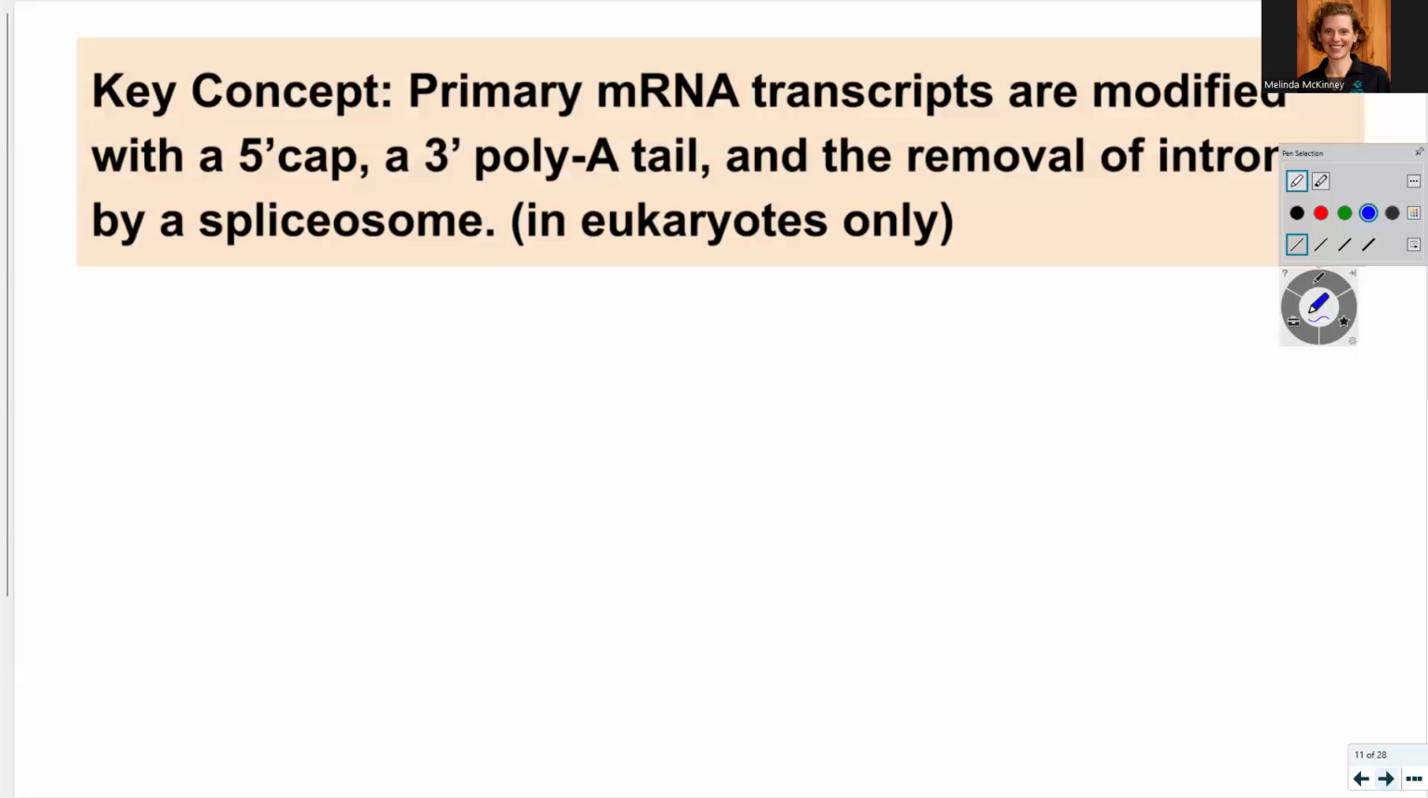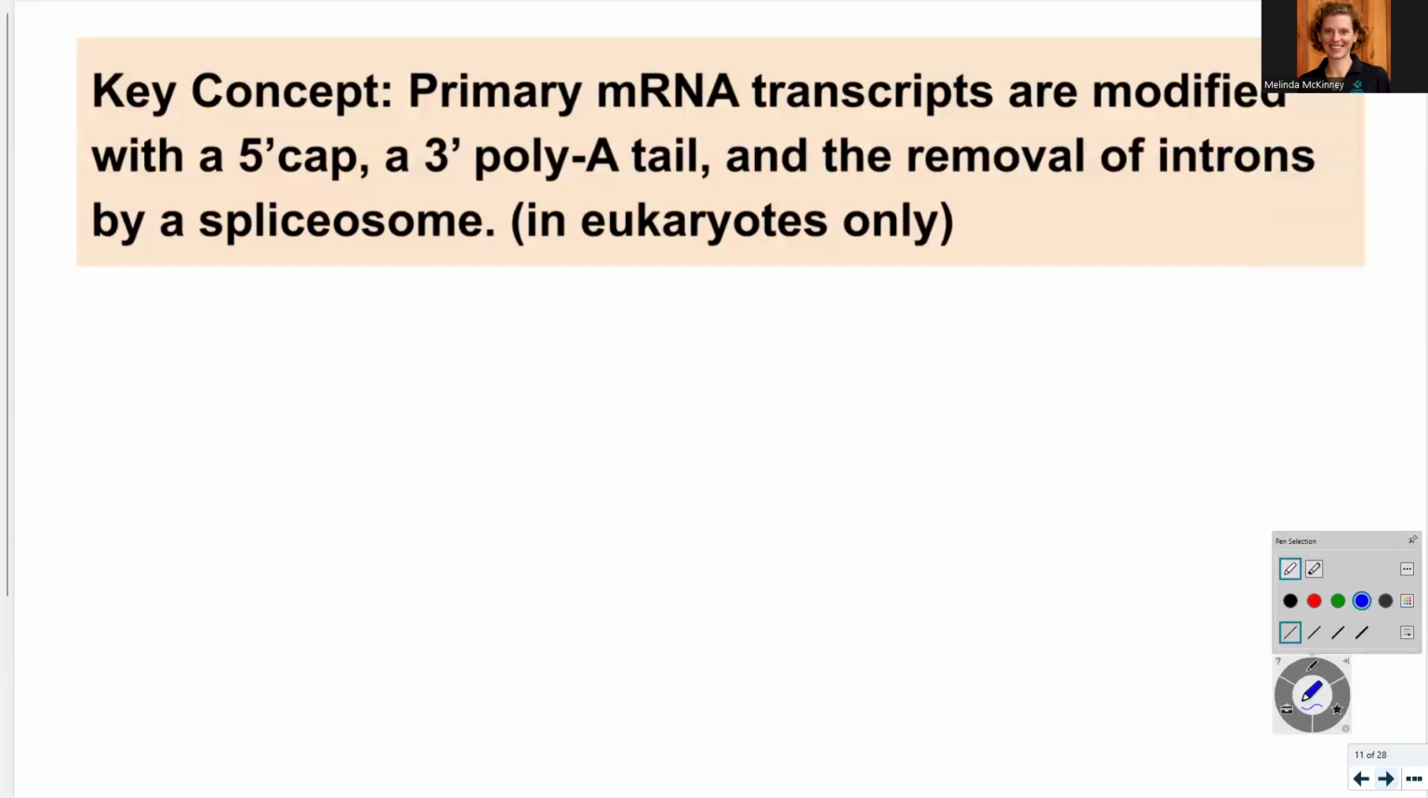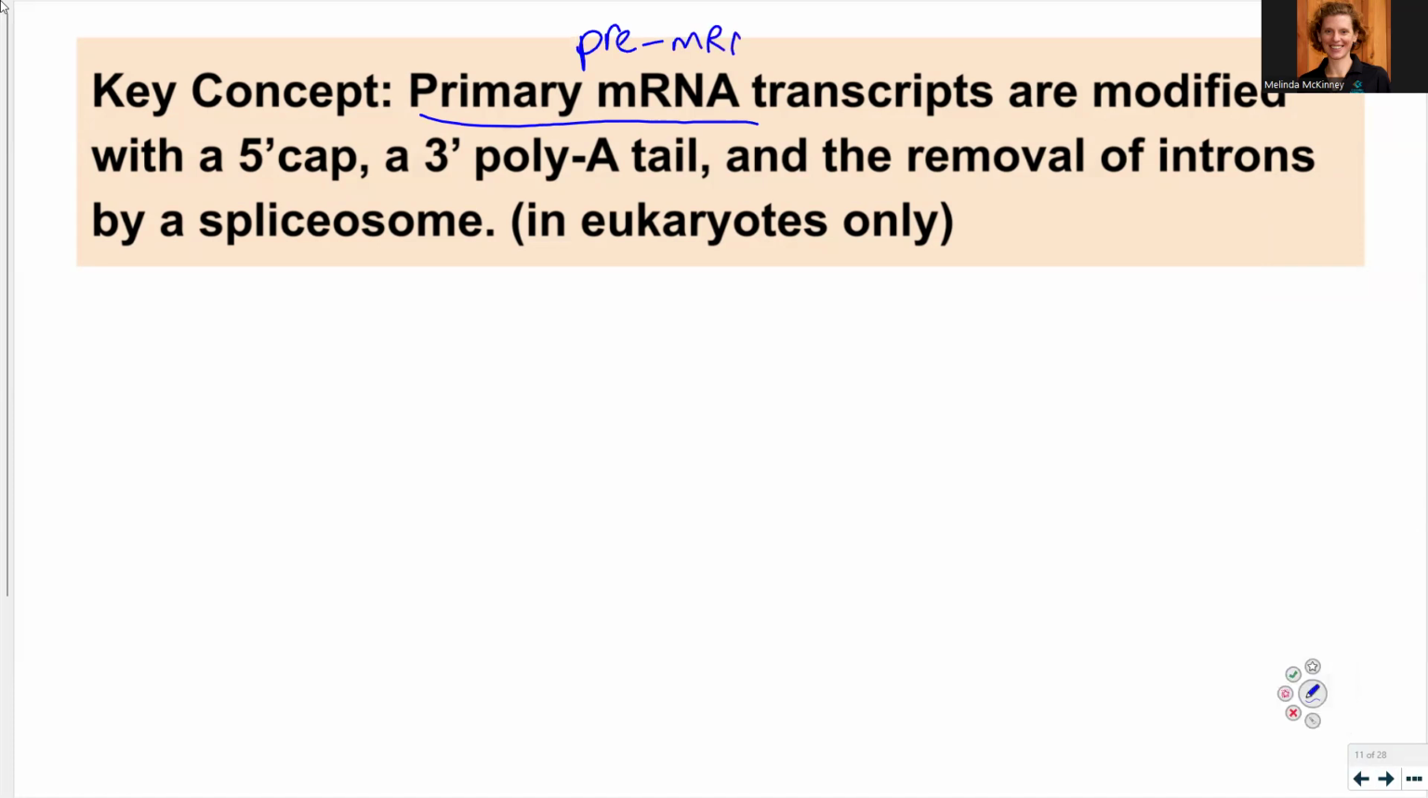All right. Okay, so we're modifying the primary messenger RNA transcript, or that's often called pre-mRNA. So that's going to be modified. So here's my pre-mRNA. Again, I've got my A's and U's, C's and G's. So we're going to modify it and stabilize it by putting on at the 5' end and at the 3' end